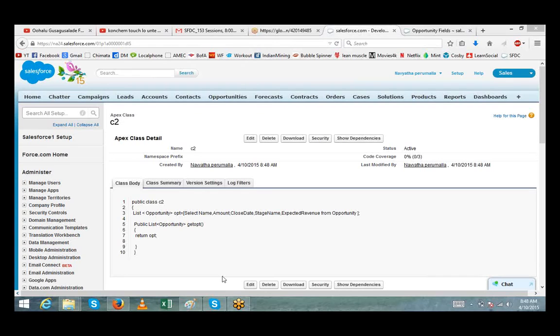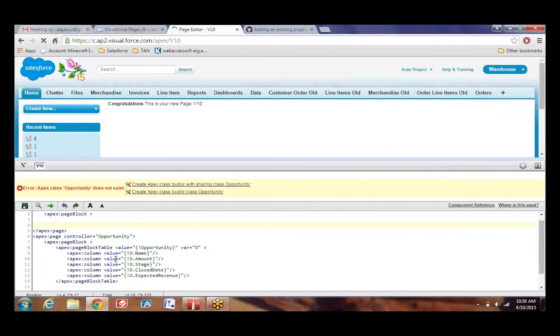Anju, are you sharing your screen? There is some problem sharing the screen. It's showing some download option. You can just type in the error that you are facing.